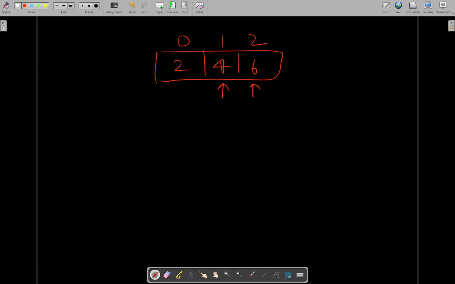Sum of subarray starting from the left column, as of now, to the right column, and you want to find the sum. So what will be the sum? It will be nothing but the prefix sum at the right column